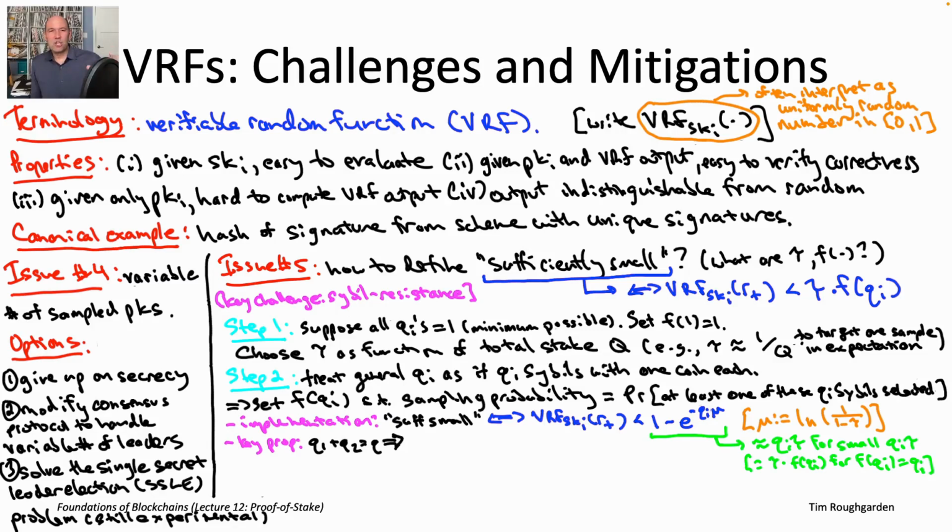So if this person actually does put all 12 coins into a single account, well then either it's sampled or it's not, and the probability with which it's sampled is just equal to the right-hand side of this blue inequality. So 1 minus e to the minus q times mu, like 12 times mu.